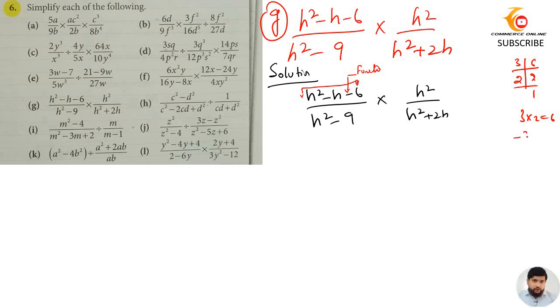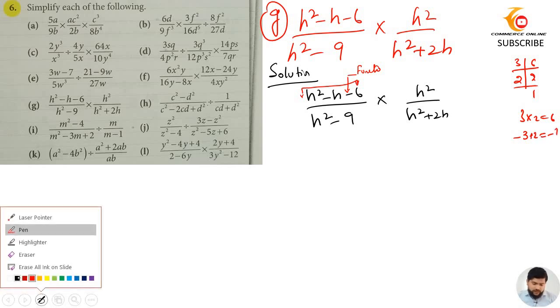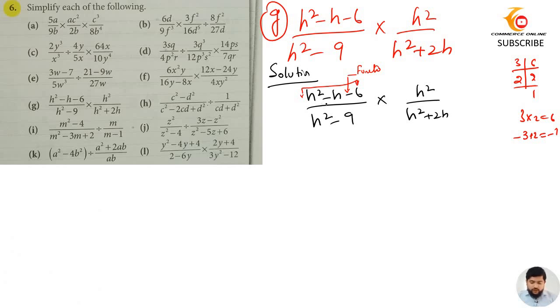So minus 3 plus 2, that will be minus 1. So instead of h square minus h minus 6, I will write h square minus 3h plus 2h minus 6